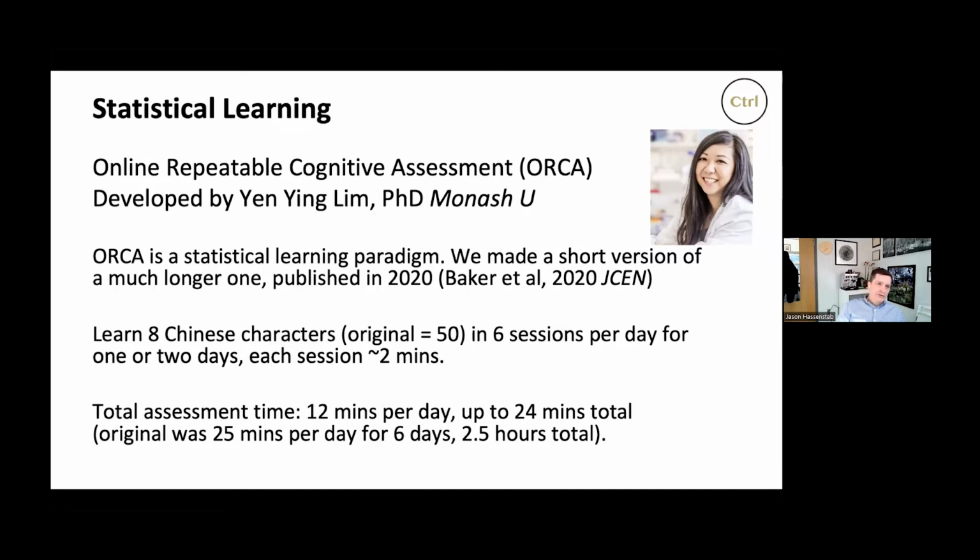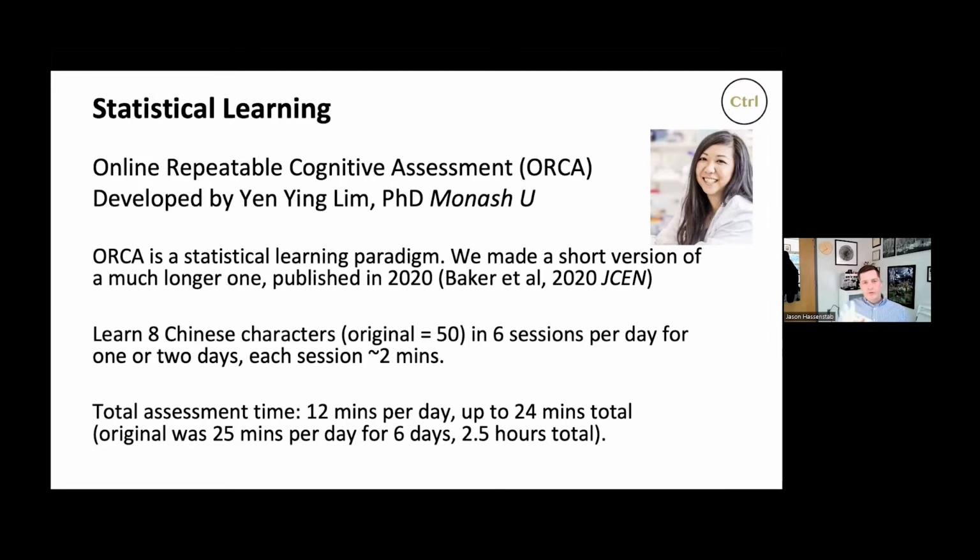And of course, there were all sorts of issues with adherence and getting people to actually do this. They had to log on to a website and complete 25 minutes each day for 6 days. That's a big ask of people and not really feasible. So what we wanted to do is take advantage of moving it, which was already online, to smartphones, and then shortening it down into little bursts.